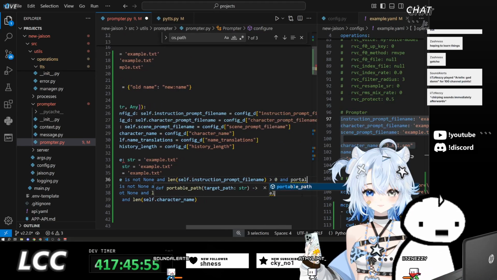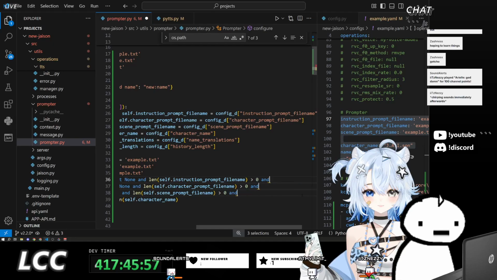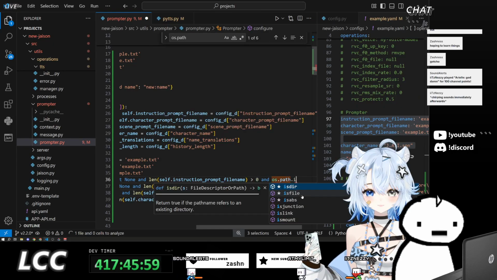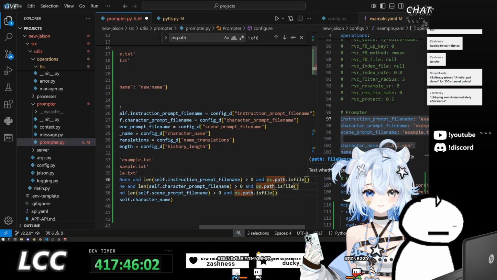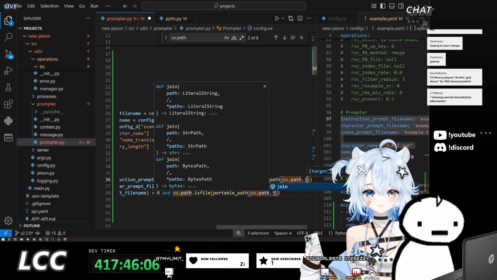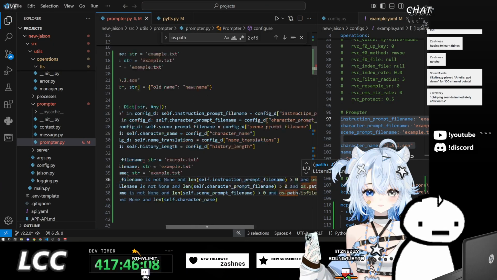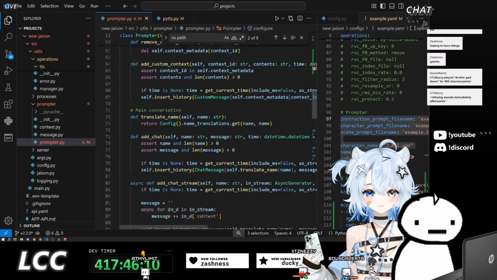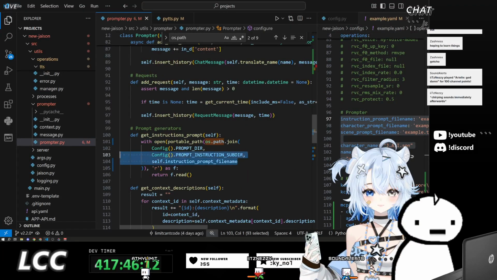And portable path, or no, os.path.isfile, portable path, os.path.join, these three, okay.